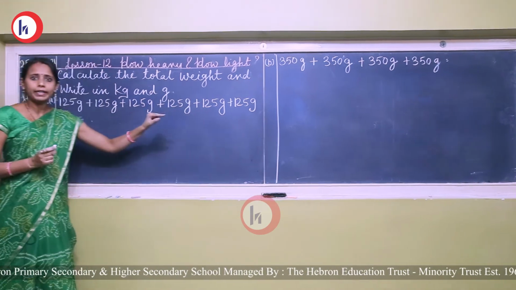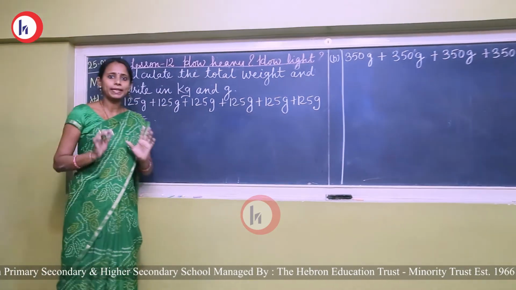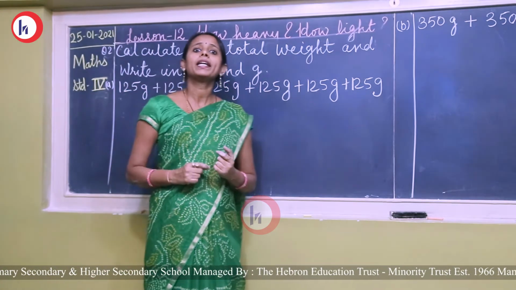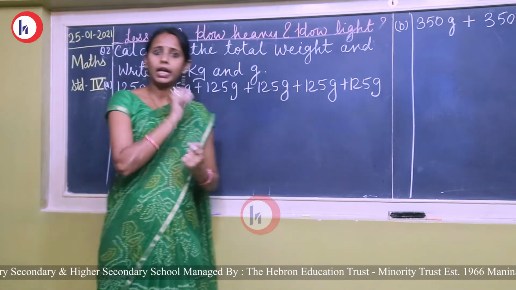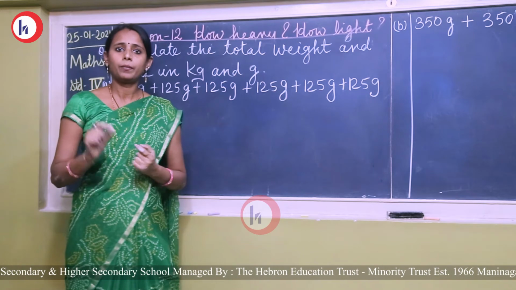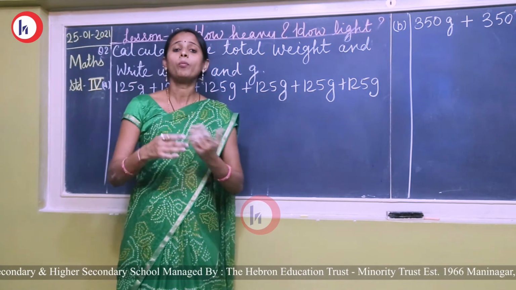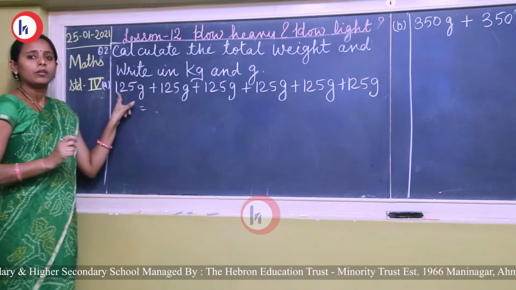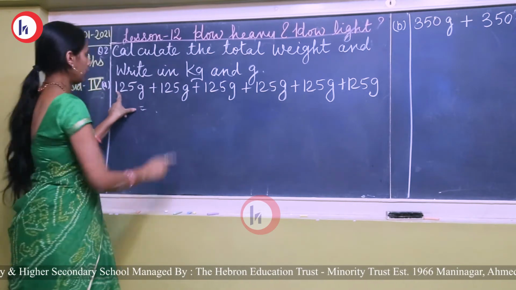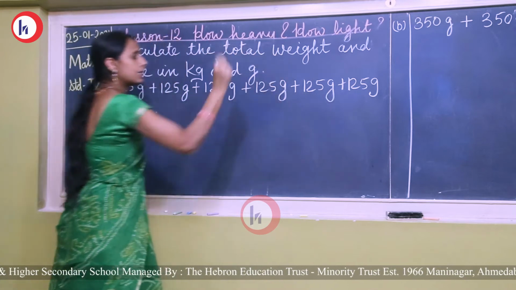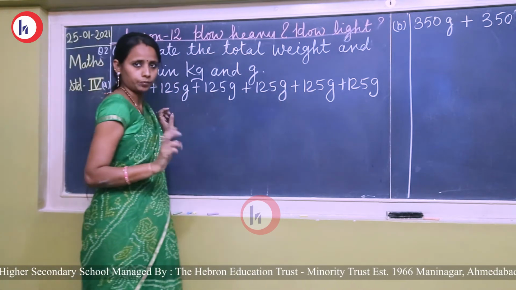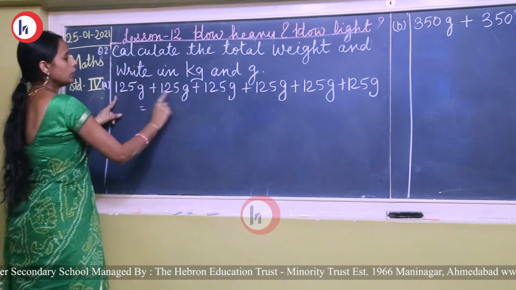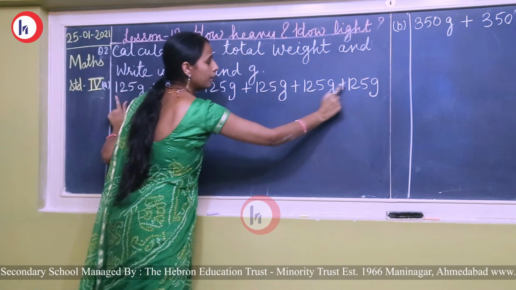So instead of adding these numbers, we have to multiply. As I explained to you in the multiplication chapter, multiplication is repeated addition. एक ही नंबर को बार बार ऐड करने की जगह पे अगर हम उसको मल्टीप्लाई करेंगे, that means how many times it is repeated, so we will get the answer very quickly. तो इसको हम ऐड करेंगे, इसकी प्लेस पर अगर हम इसको मल्टीप्लाई कर देते, then we will get our answer very quickly. You can see 1, 2, 3, 4, 5, 6.